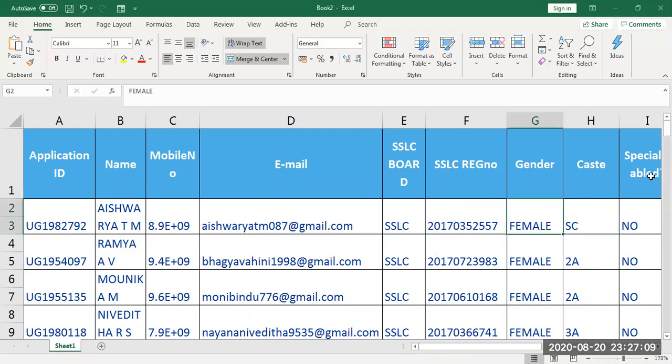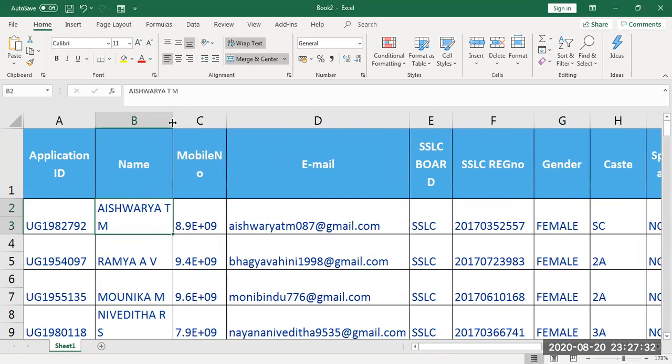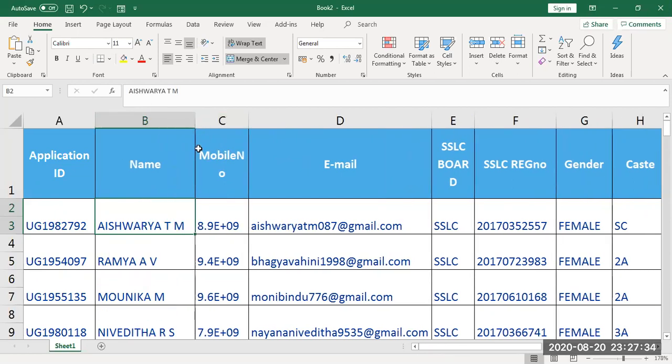So this is the example I have taken. If you could observe, the names have been half of the name has come in the next field. In this case, name usually has to be mentioned clearly. So if you can take the mouse pointer, place in between two cells, and then if you move across, you can adjust the names face of it.